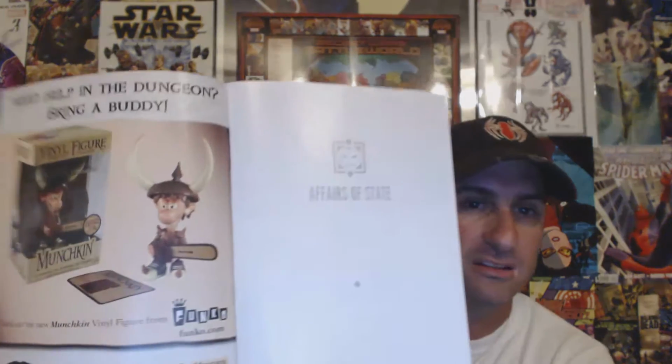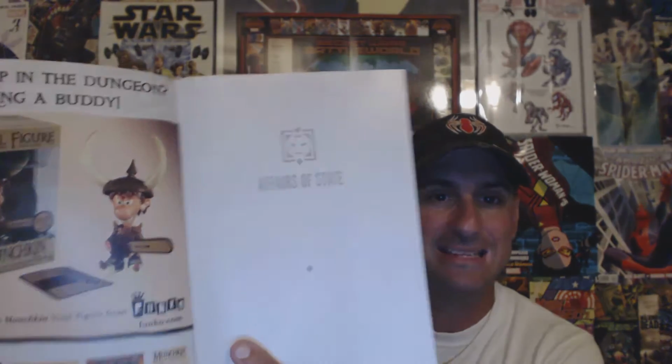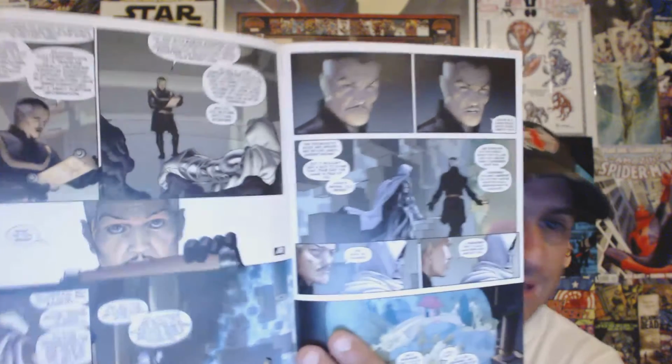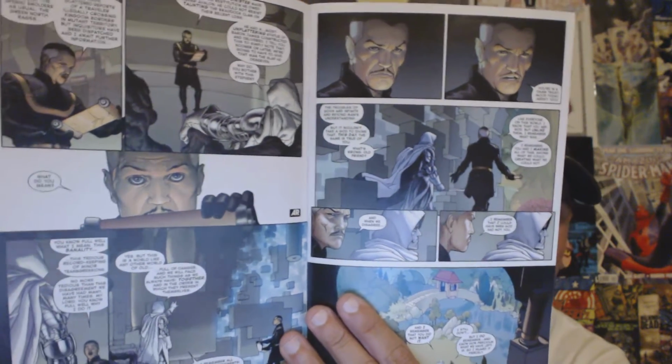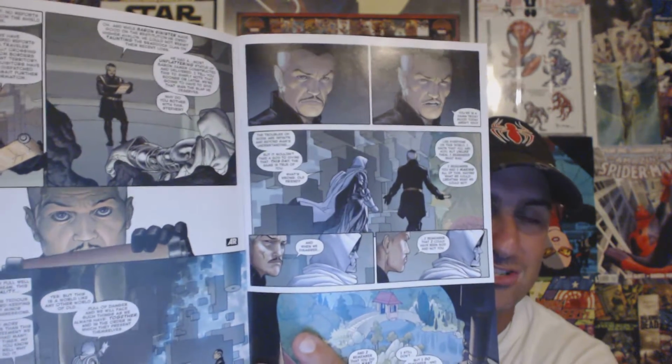All right, so first off, what happens in this issue, Hickman kind of puts his book almost like in chapters, which I think is pretty cool, and it's called Affairs of State. And the book really opens up nicely here with some good dialogue moments between Doctor Doom and Strange in this issue. Doctor Strange is discussing things with Doom, and Doom tells Strange that he really trusts him,